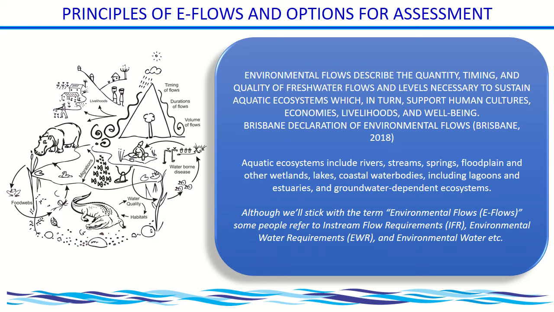So this declaration is quite new, but environmental flows are not new. In fact, the first Brisbane Declaration was published in 2007 or 2008, and 10 years later it was just updated to make sure that we all understand exactly what we're doing. So what are they in essence? It's the amount of water and the quality of that water that you must leave in the system or provide to the system to keep the system itself in a functioning condition.